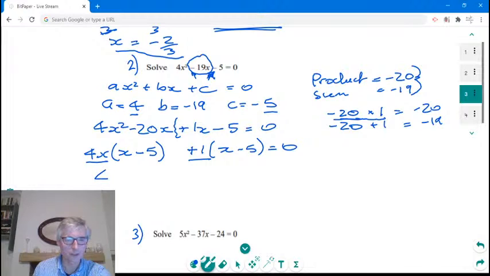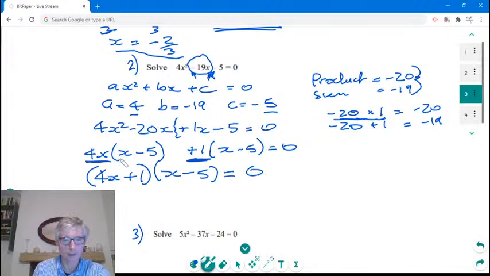So we're going to bring the 4x and the 1 together. So 4x plus the 1 forms one bracket. X minus 5 is the other bracket. And that second bracket comes from the x minus 5 and the x minus 5 there. So that's the second bracket. And from that we can